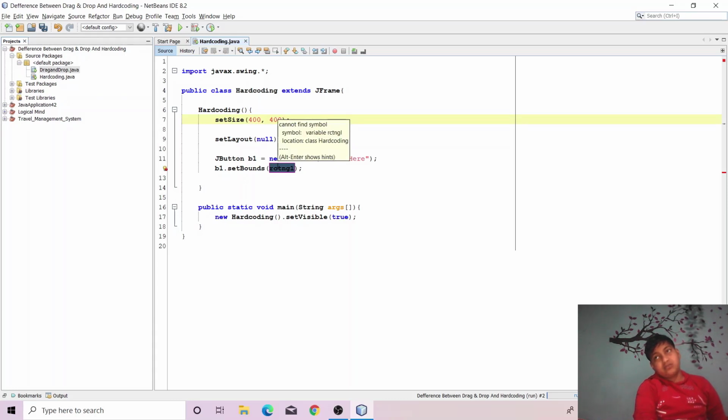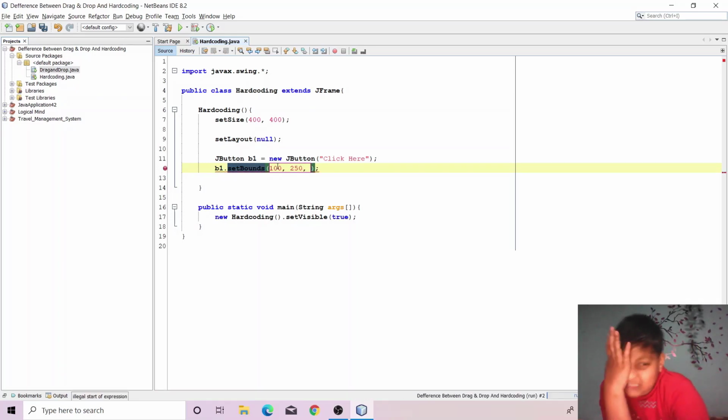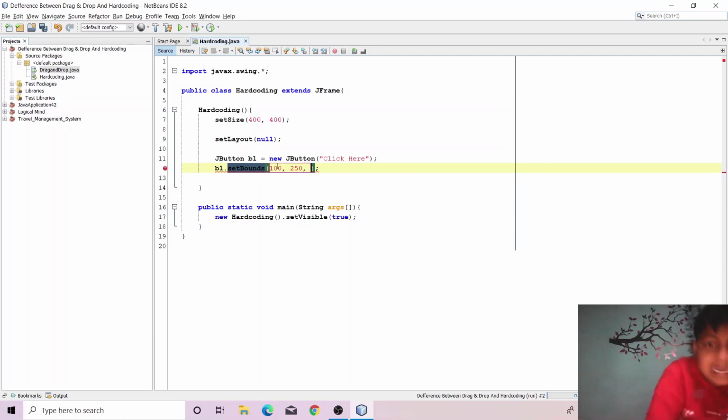So from 250 we should start it. Let's start it from 100. And from the upper side we will start it from 250. How I did this calculation, I will explain each and everything in the Java series. Don't worry about that. I'm telling you again and again. And here its length will be 100 and height will be 50.